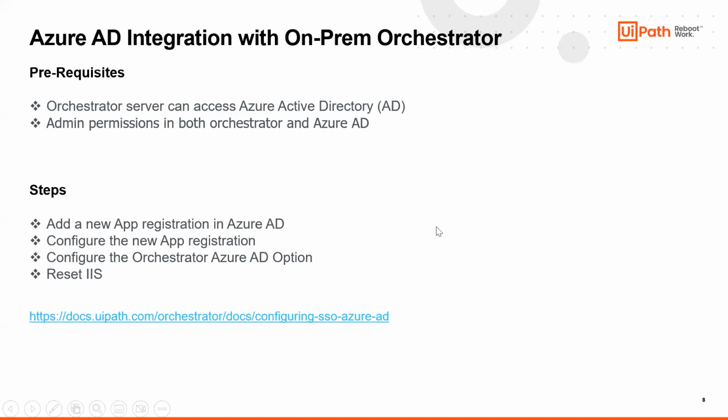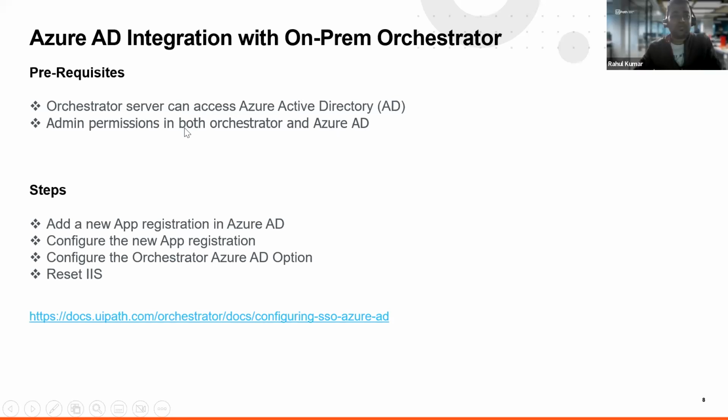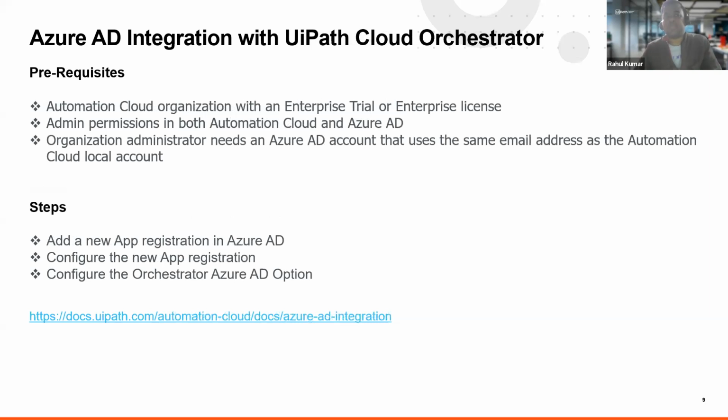Yes, yeah. Sorry. So like I said, we have two things in Azure AD. First step is we have to do the app registration. So app registration we have to do on the Azure AD side. And another thing is we have to do some kind of configuration changes on the orchestrator side. Like we have to provide some value which we will be getting from the Azure